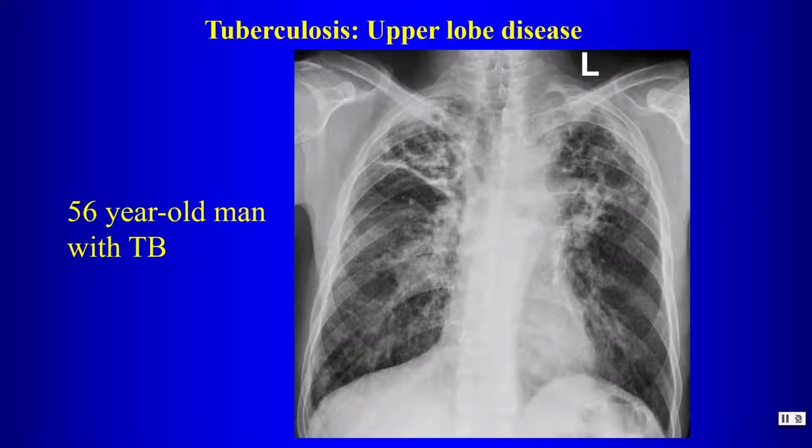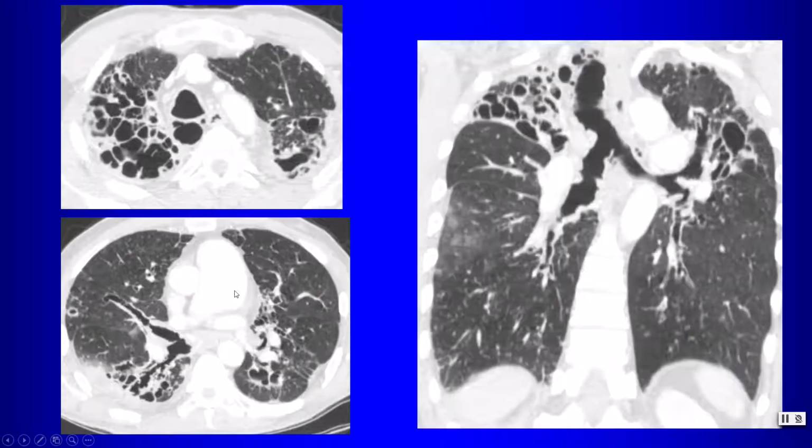Here's a 56-year-old man with tuberculosis, volume loss in the right upper lobe, these cystic spaces and cavitary lesions, and apical pleural thickening, your typical manifestations of tuberculosis. Many times, though, these cystic areas that we're looking at represent regions of bronchiectasis, as you can see here on the CT scan. So you see that these cystic areas really represent dilated bronchi here in this patient with severe